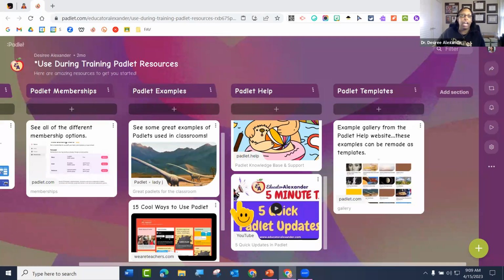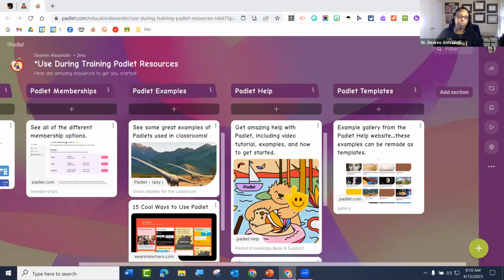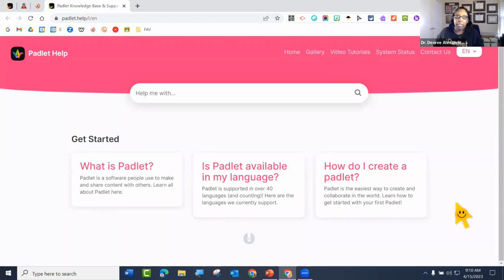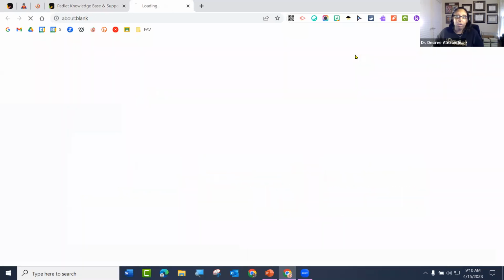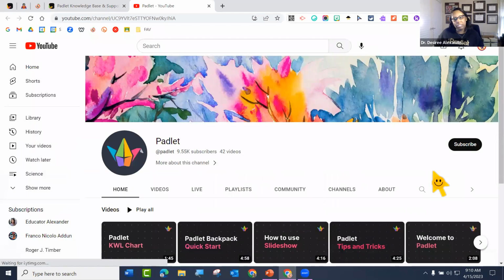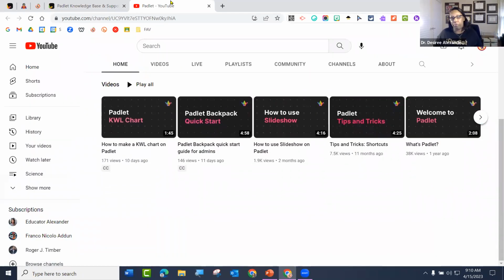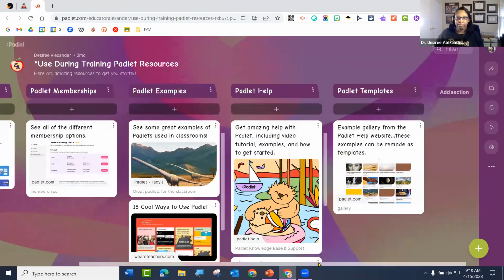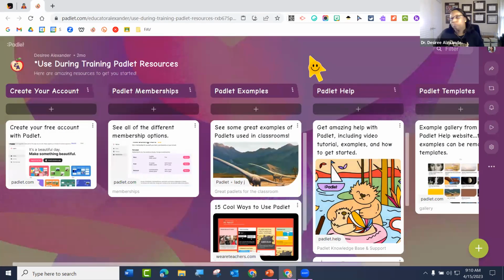So that has all of your resources, but something to print, I do not, but Padlet may on their help. I'm not 100% sure, but this is their help, like knowledge base and support. And they have pretty much everything you could possibly think of. They have it here with video tutorials and things like that. So most tech tools these days have more video tutorials than printed. So I'm sorry to say no for that. But you do have this resource page.